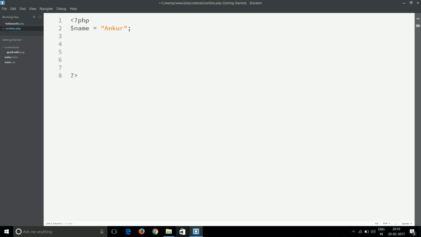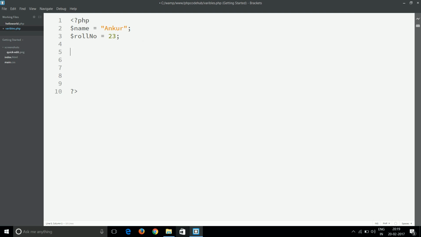You don't have to mention which type of data you are putting in the variable. When the data is first put in the variable, only then the compiler comes to know which type of data it is, and automatically that data type is assigned to the variable. Another thing, we can declare an integer, roll number as 23. Automatically this roll number will be taken as an integer and this will store the name.